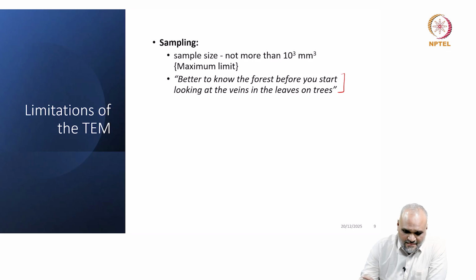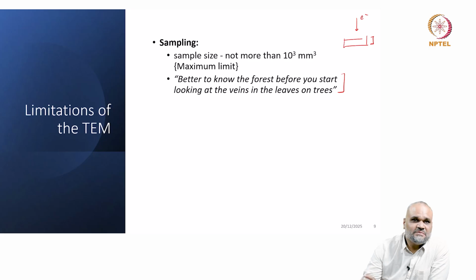So the sample size, for example, if I want transmission in an electron microscope, if the electron beam has to pass through my sample, the thickness of the sample cannot be beyond a certain number. I'll draw an analogy here. For example, if I have an X-ray,